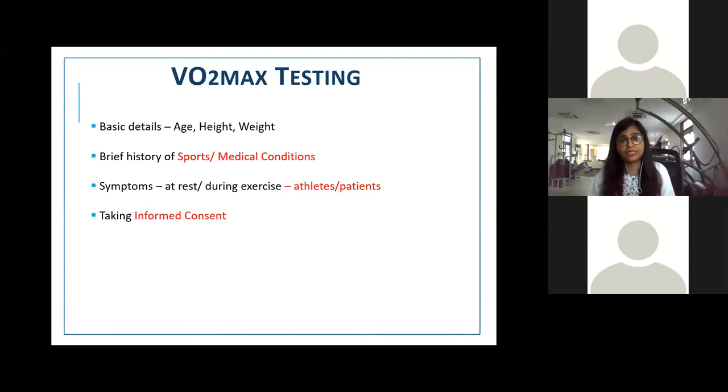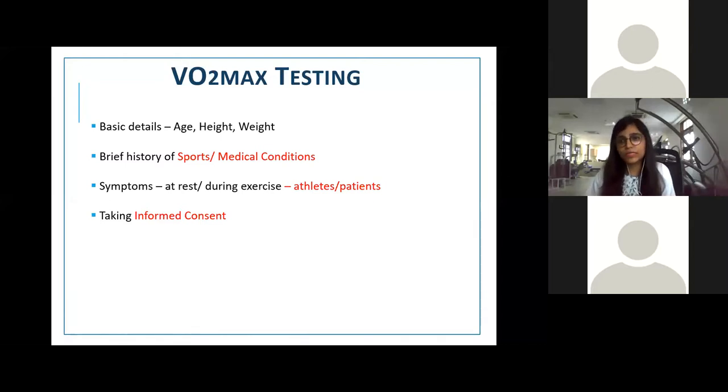It is important to know their medicines, because if there are certain medicines that change their heart rate or blood pressure, that needs to be noted down. If there are any particular symptoms that they experience at rest or during any kind of training, they also need to be looked after. And if we are seeing athletes of younger age, we have at times seen that they have performance pressure, and because of that, at times they complain of breathlessness or headache during the training or unusual symptoms. But those also need to be noted down and checked under caution.